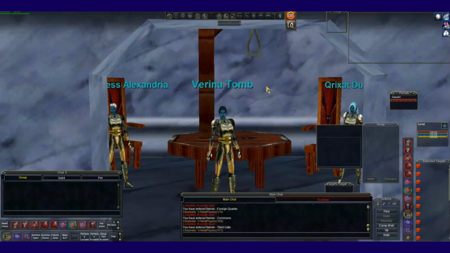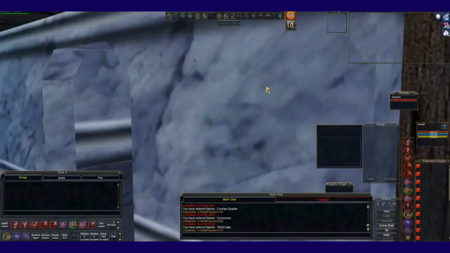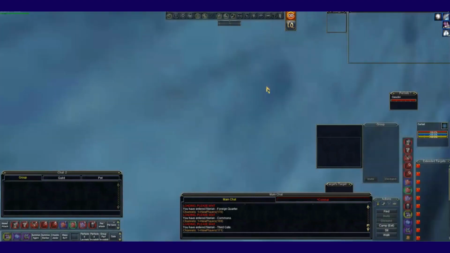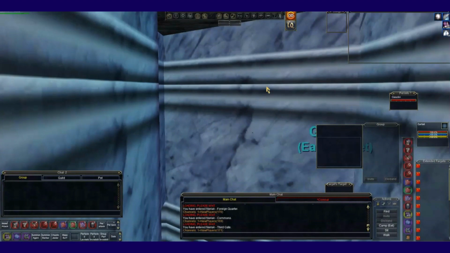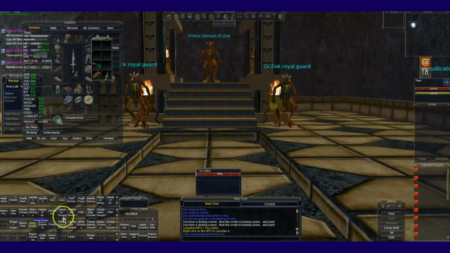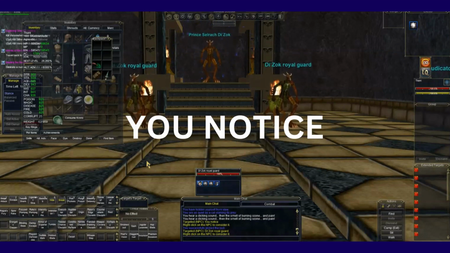Now, the fun part. Yes. I'm gonna go out. I'm gonna get Sakani. Fuck, I went the wrong way. I'll be right back. Three things. One, there's a goddamn trap at the entrance of the palace named You Notice. Take that in. Second of all,